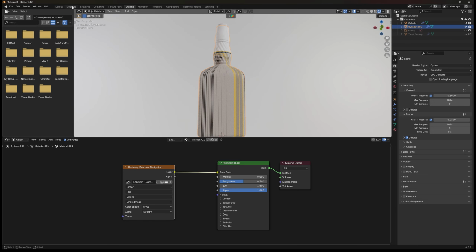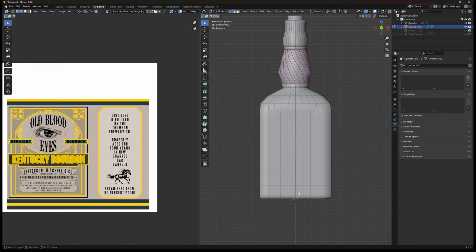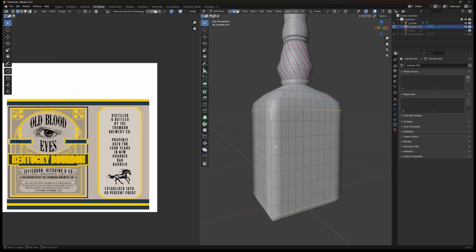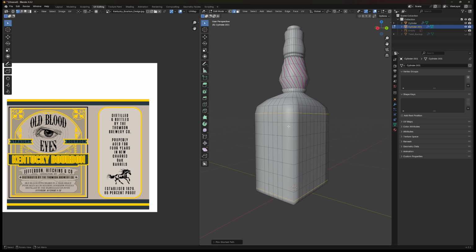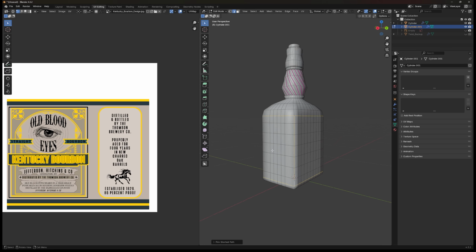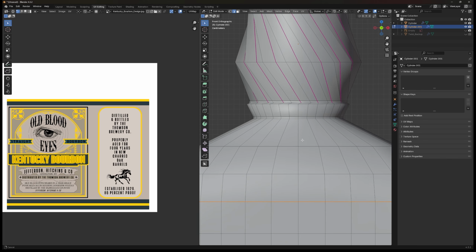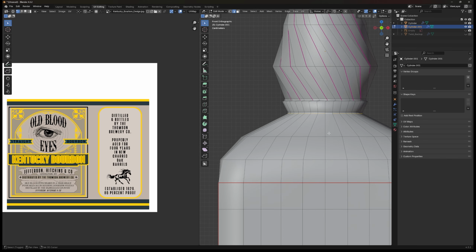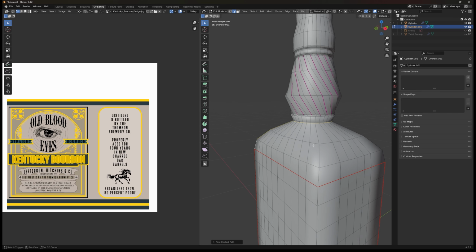Move to the UV editing window on the top. Select the top loop edge and the bottom from the bottle body, then select the vertical edge on the corner left here and the right on the back corner here too. After all is selected, hit U and choose Mark Seam. Select the loop circle on the neck and followed by the left and right corner of the front here. Once again, U and Mark Seam.